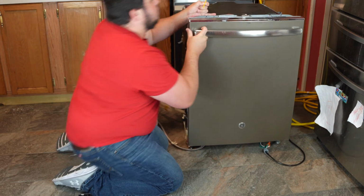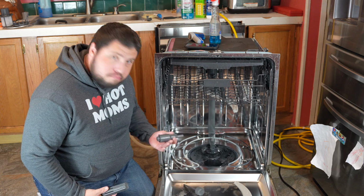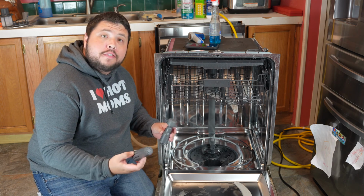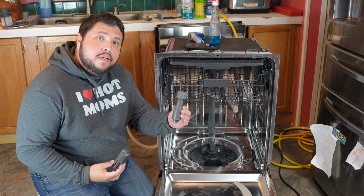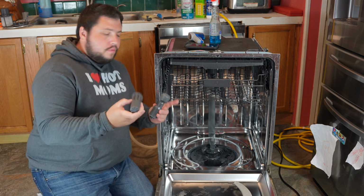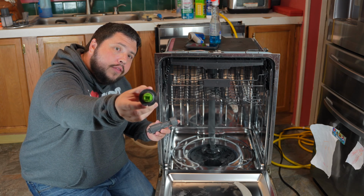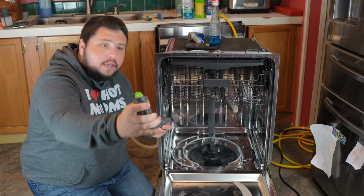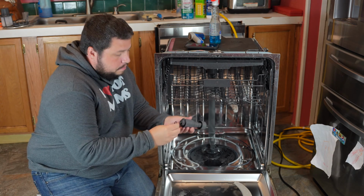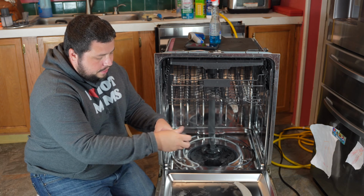Let's get it clean. Now that I've got this dishwasher nice and cleaned up, as you can see, I wanted to show you the difference between a flood stem and a flood switch. Okay? So, the flood switch has an electrical connection on the back side or underneath it. It's got an O-ring. The flood stem also has an O-ring to keep it sealed up, but it has a